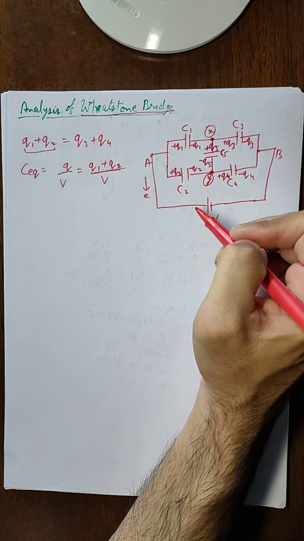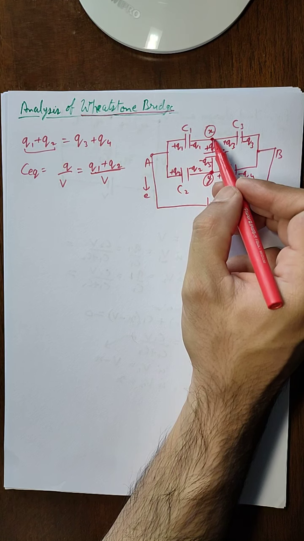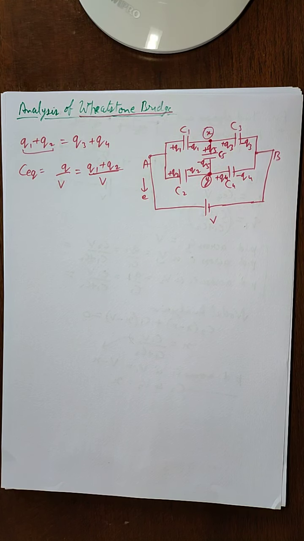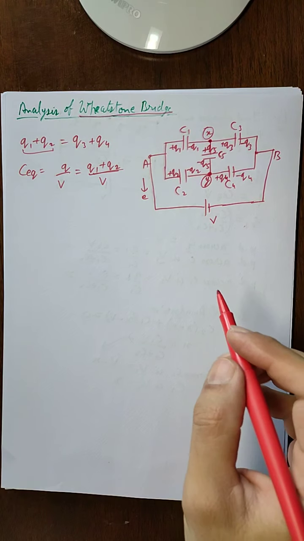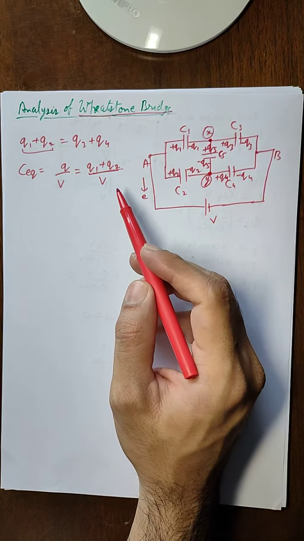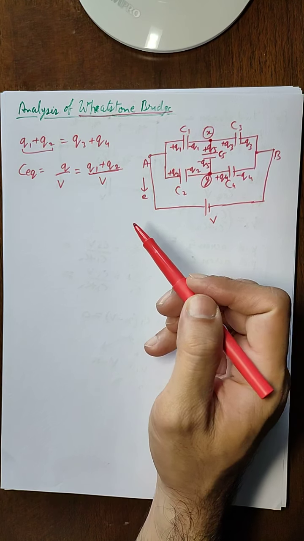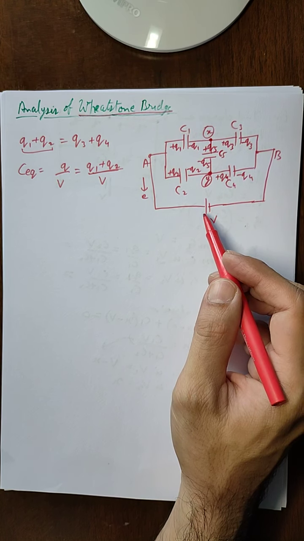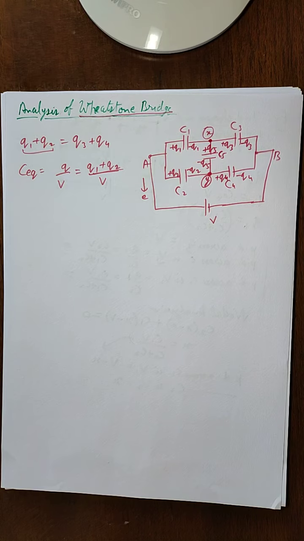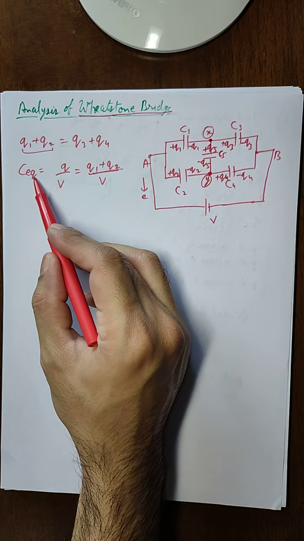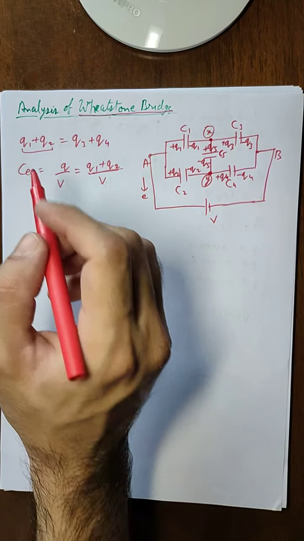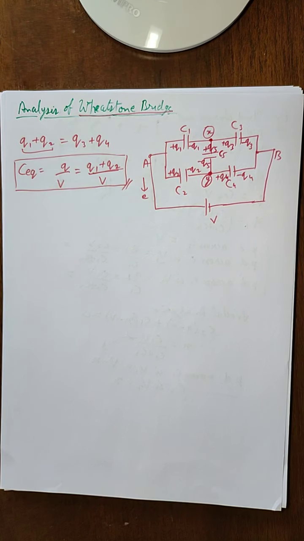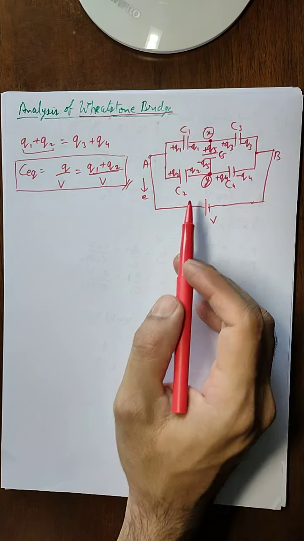Now on nodes we know that the total charge is always 0. So by using this concept we can find the values of Q1 and Q2. So this we can leave for now. How to find these values using numerical values, we will do in the next videos. For now I will leave it as an exercise to you, and later on in solved examples and in other concept videos we will see how to find the value of equivalent capacitance and the values of Q1 and Q2. So for now just keep in mind this formula, that this is how the equivalent capacitance can be found out in a Wheatstone bridge.